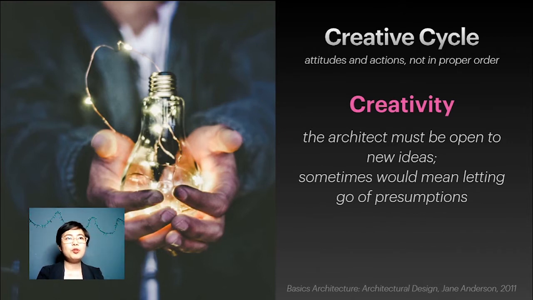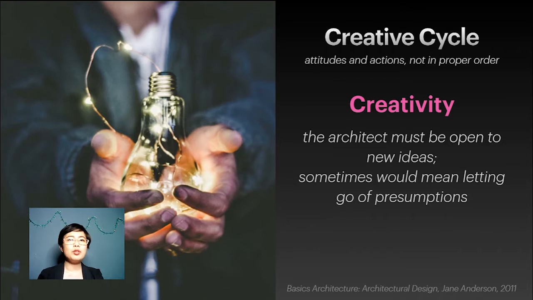Next, we have to see yung creativity. Kanina na discuss natin to, na define na natin siya. So, dapat open din tayo sa bagong ideas. Pwedeng meron ka initially na naisip, and then yung naisip mo na yun, it will not work. So, may naisip ka ng bago. So, you have to be open to ideas like that. Pwedeng in the middle of the design process, may maiisip kang bago.